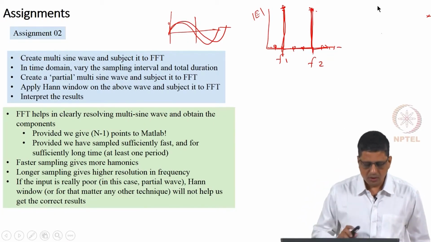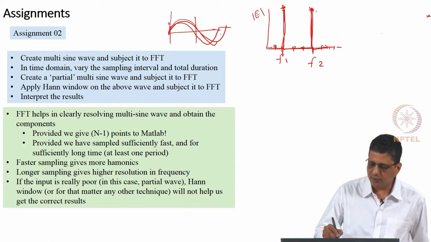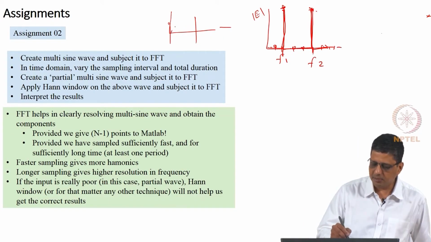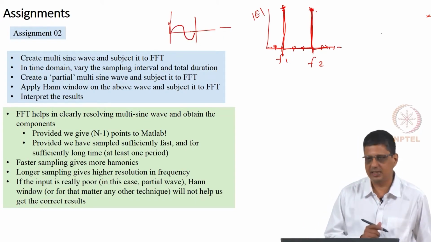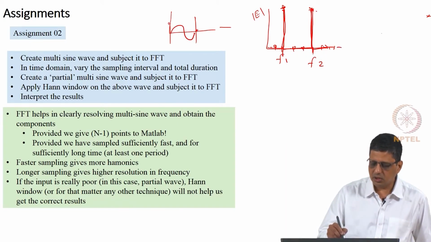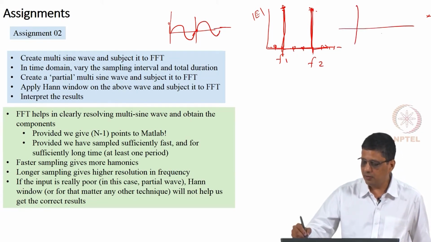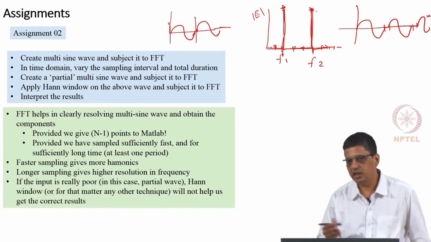Okay. So, many of you, what you have done is given the full wave. When you are doing FFT in MATLAB, the way that it is implemented, you should give 1 point less. That means the next point is going to start here and repeat, so it is going to connect a continuous line. The way you have given it, with a full wave, it is actually taking a wave like this, which is not a good sine wave,